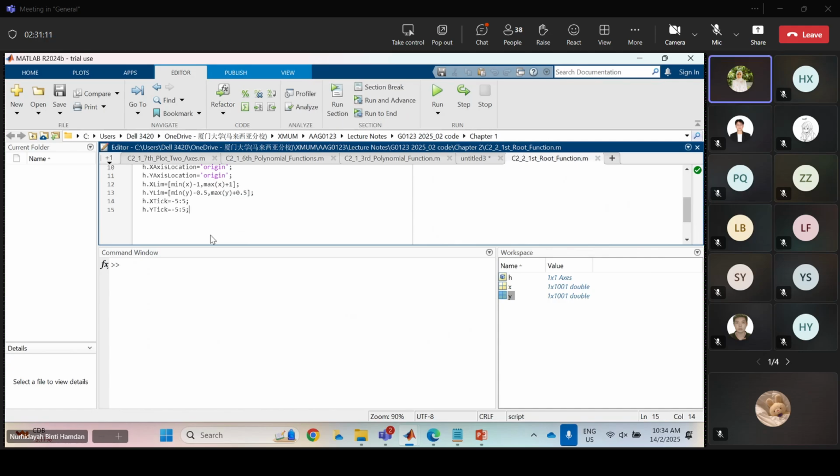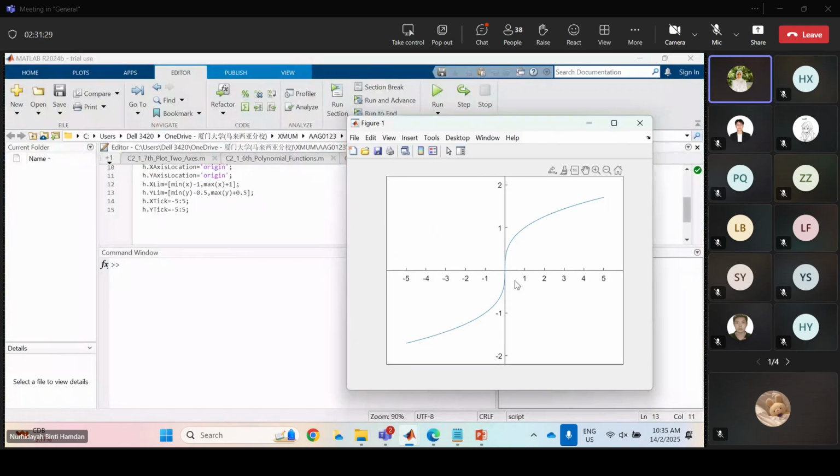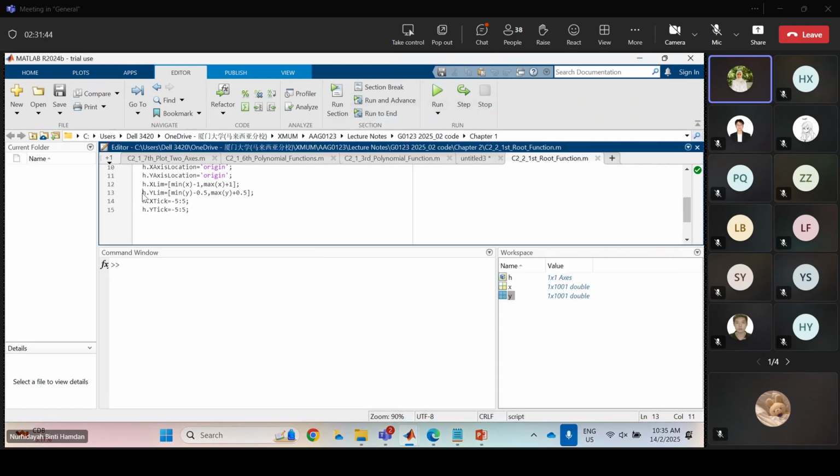My tick is also -5 to 5, but if you see the limit here, the limit is minimum y minus 0.5, maximum y plus 0.5. So that's why here you don't see until -5 to 5. You didn't see from -5 to 5 because we have put the limit, the minimum minus 0.5, maximum plus 0.5. So if you don't put the limit here, let's say you didn't put the limit here,